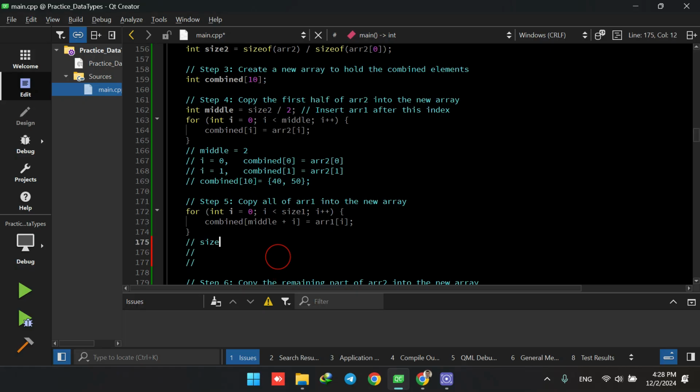So size 1 equals 3, and there are scenarios where I equals 0, I equals 1, and I equals 2. So I starts from 0 and it is going to continue until it is lower than size 1, which is 3. So it is going to have values 0, 1, and 2. When I equals 0, we are basically having the middle size plus 0 equals